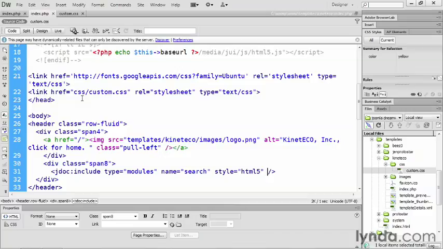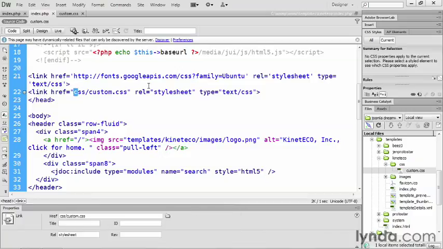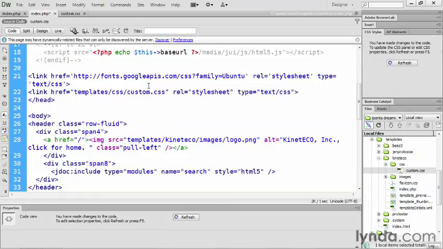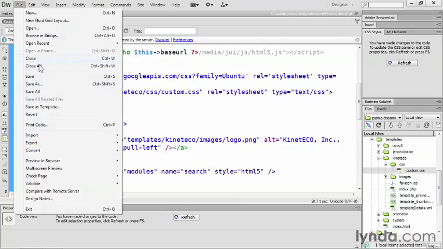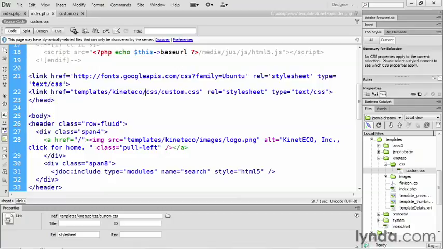And likewise, this path here to our custom style sheet is incorrect. So I can fix this here on line 22 simply by saying templates/Kinetico/CSS/custom.css. That is the correct path to the style sheet. So now that I've made this change, if I go ahead and say File Save,